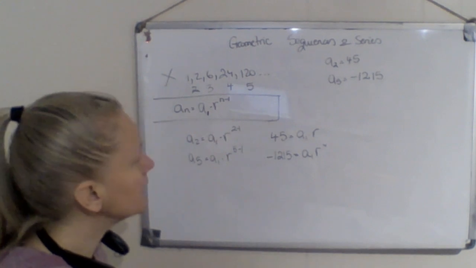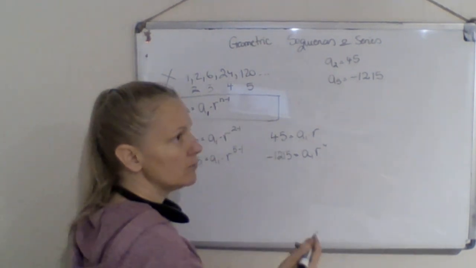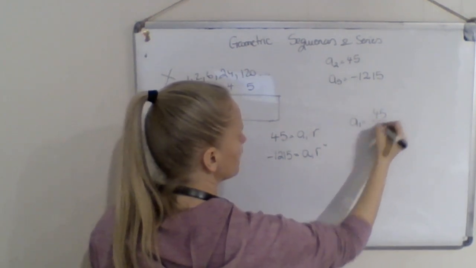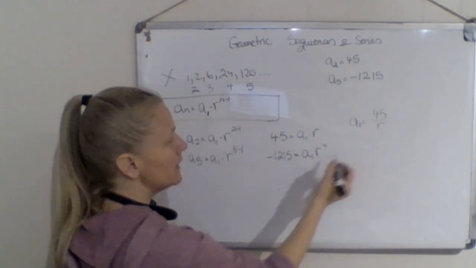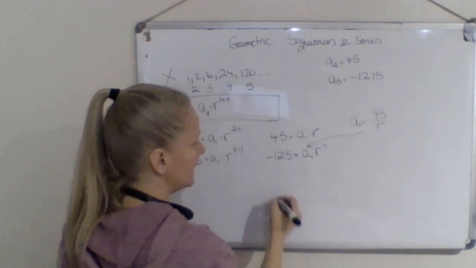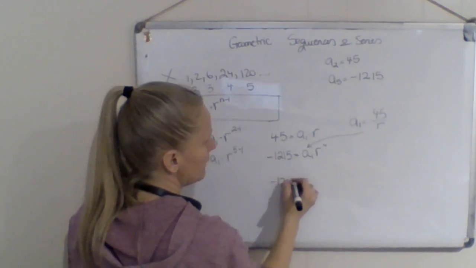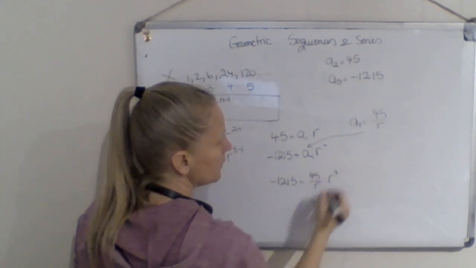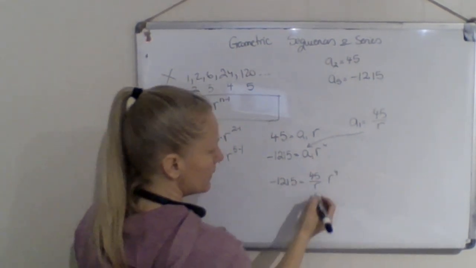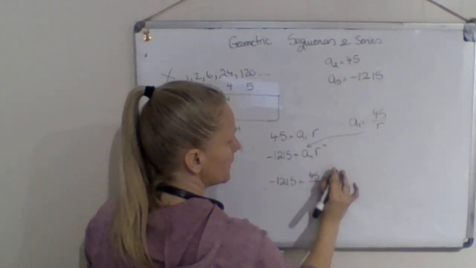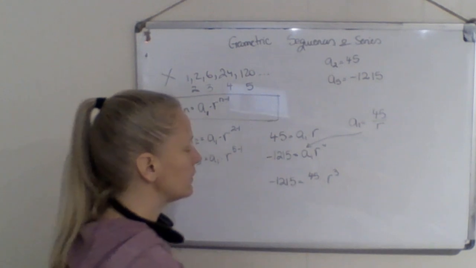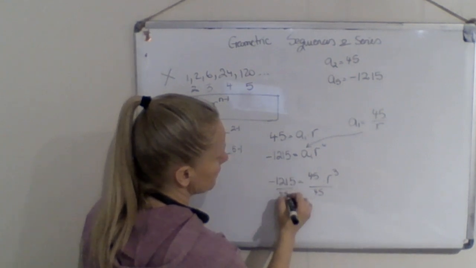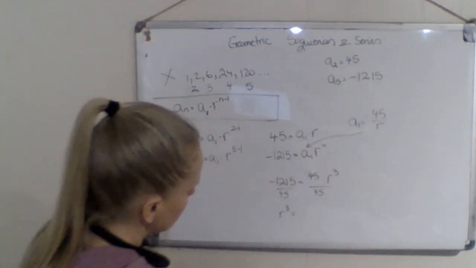So, in order to solve the system, I would have to do the substitution. I'm going to say, okay, A1 equals 45 over R. I just divide by R. And I can take this one now and plug it in here. I end up with negative 1215 equals 45 over R times R to the 4th. So remember the rules of exponents. This gets away, this becomes R to the 3rd. So I have 45 R to the 3rd equals negative 1215. I divide by that 45. R to the 3rd equals,